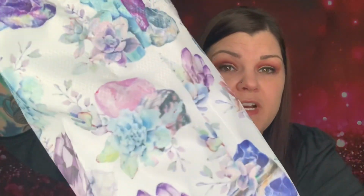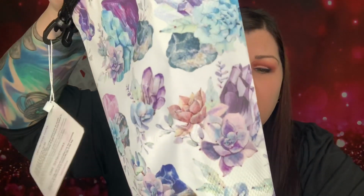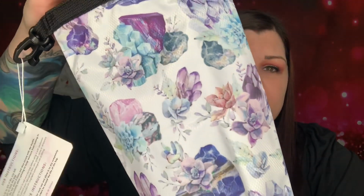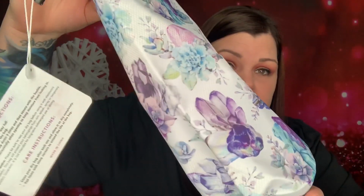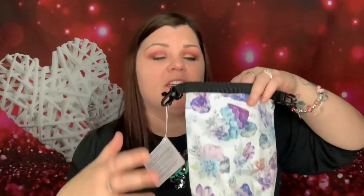All right, so there's this bag and it's round at the end. It's very pretty. The artwork on here with the flowers and the crystals is completely stunning. I mean, that is just beautiful. So I guess you stick stuff in there, you close it, you wrap this 3 times, and then you buckle it